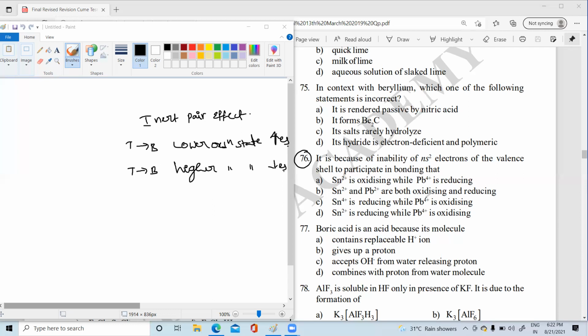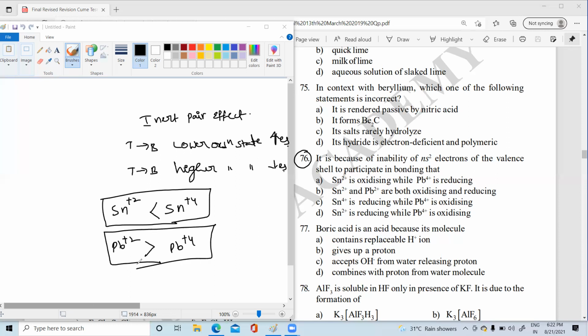We'll see, students, here they have given group 14 elements, the comparison of Sn as well as Sn+2 and Sn+4, and Pb+2 and Pb+4. So top to bottom, which is the most stable one here? Plus 2 is highly stable in lead, and in Sn plus 4 is stable, students. This is the thing.